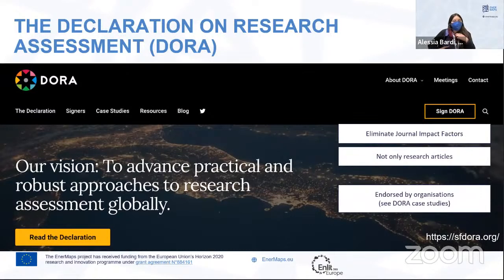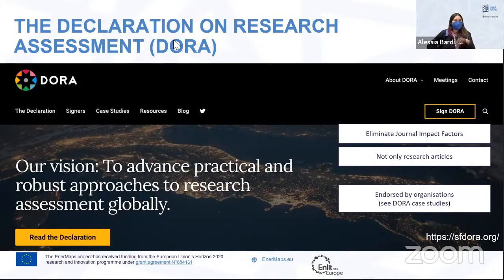One of the concerns that researchers typically have on open science and the practices that you saw in the previous slide relates to the current rewarding system, which still evaluates researchers based on the impact factors of the journals they publish in.